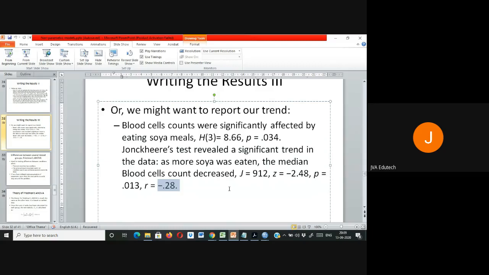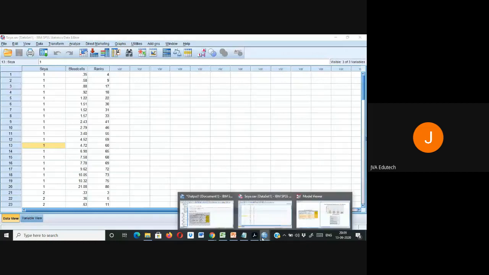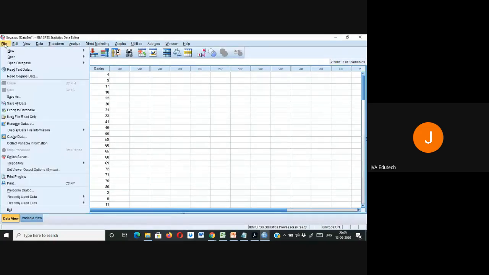In the previous example we have seen three or more unrelated groups. Here we want to see three or more related groups, what is their effect. So that is done through Friedman's ANOVA. Let's take another example, and the theory behind them is the same. All work on rank data, similar to what we have discussed, only the method changes, the statistic changes.